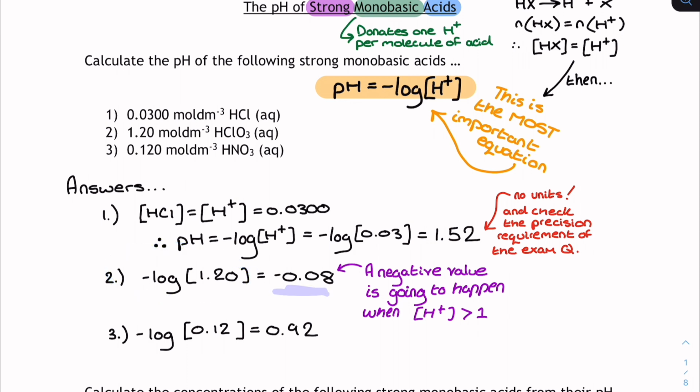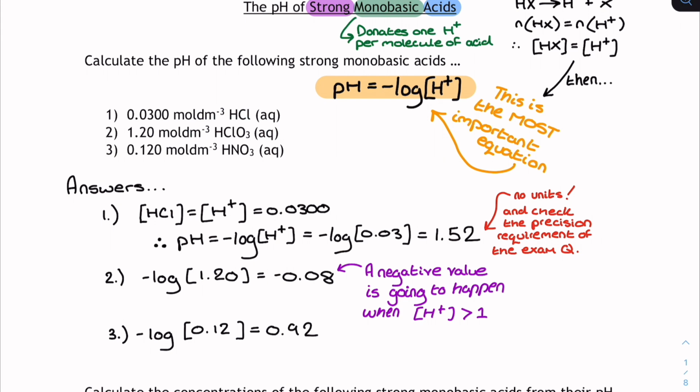Now, first things first, the HClO3 might not initially present itself as a strong monobasic acid. You might look at that and think, well, how am I meant to know if that's strong or weak? Remember that you would get some framing by the exam question, and they would make that really clear. Also here, you'll notice we've got a negative answer for the